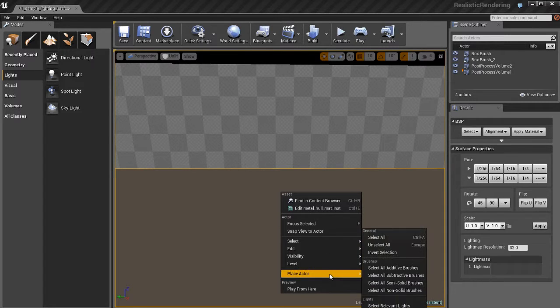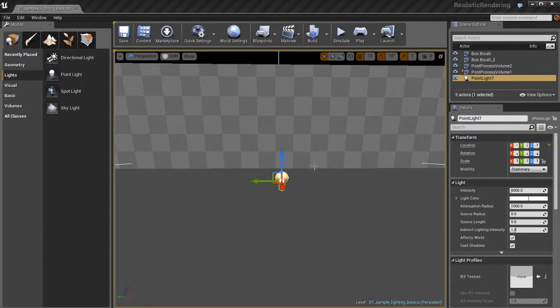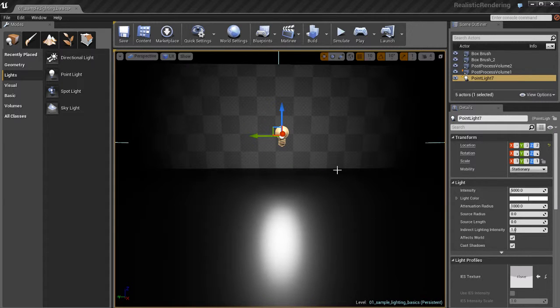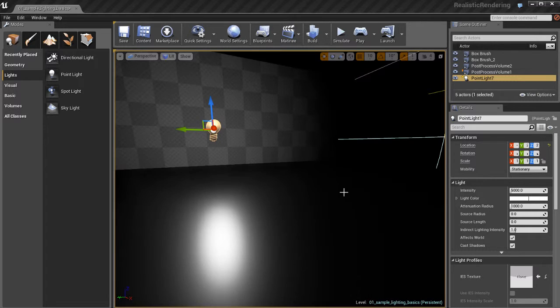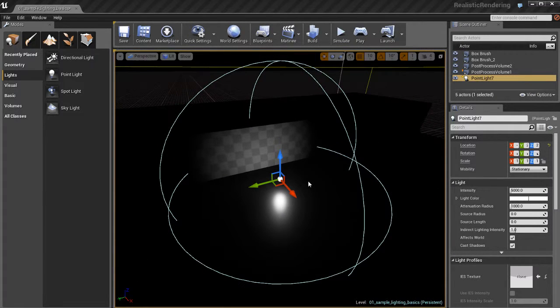I'm going to delete that light. The second way we can do this is by right-clicking, going to the context menu, going to the place actor menu item, and there you'll see a subcategory for lights. So I'll just place a light that way. It's pretty much the same thing. So here we have a light, and it's already lighting up our scene and creating some specular reflections on the